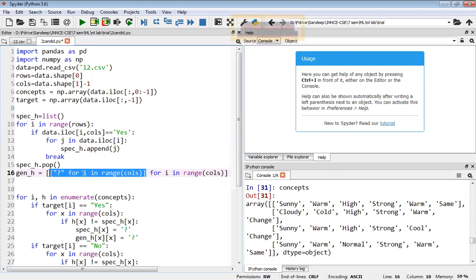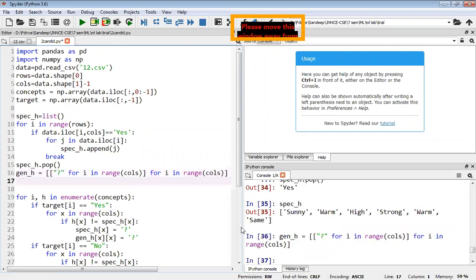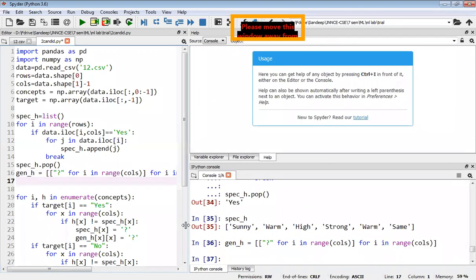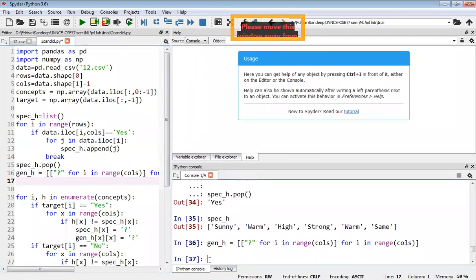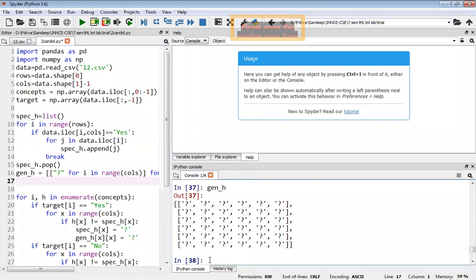For each row, it creates one more list which runs another 6 times, and each time it inserts a question mark. If I execute this line and display it, as I said, it is a list of lists: 6 rows, 6 columns, and everything is a question mark.